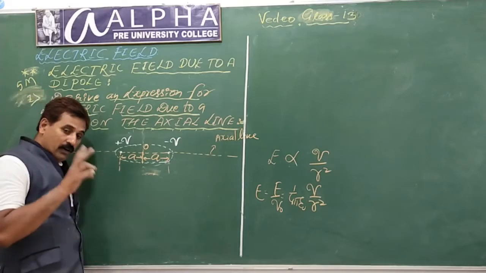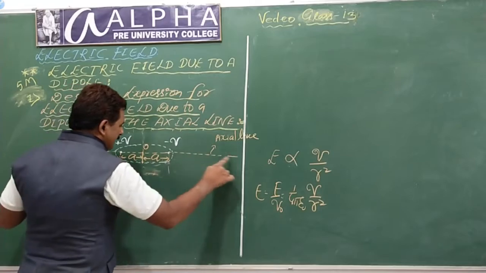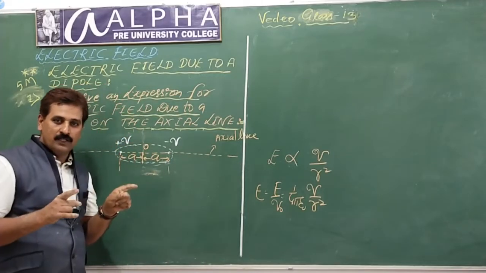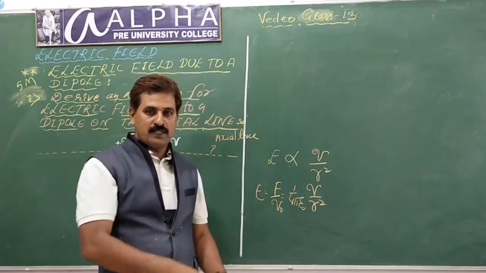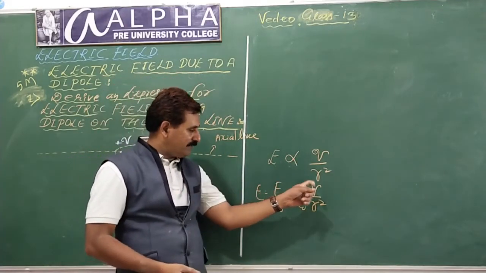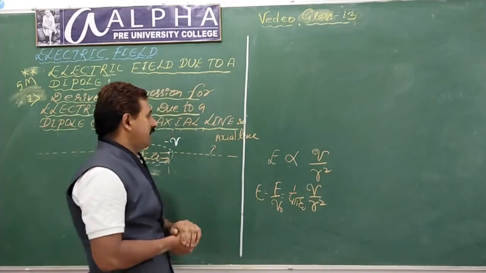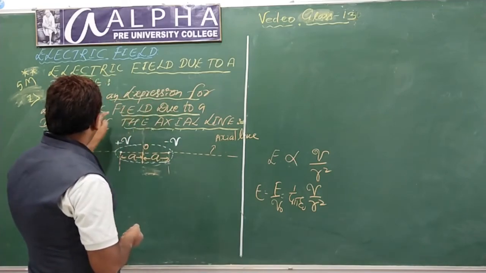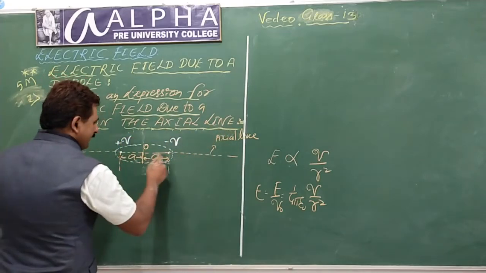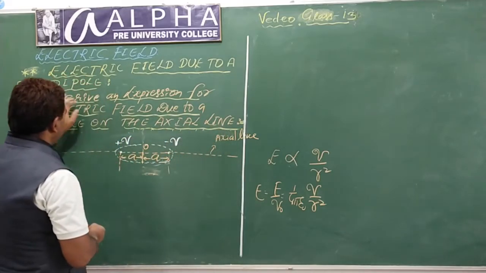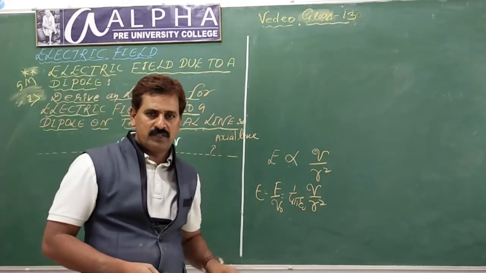Now, according to our syllabus, we consider only 2 lines. One axial line, the other equatorial line, over which you are going to find the electric field value. You are going to write an expression to show how electric field varies with charge and distance. Under that, the first discussion is: derive an expression for electric field due to a dipole on the axial line. This is the axial line. A 5 marks question in your state board examination, one of the expected questions you have to practice.